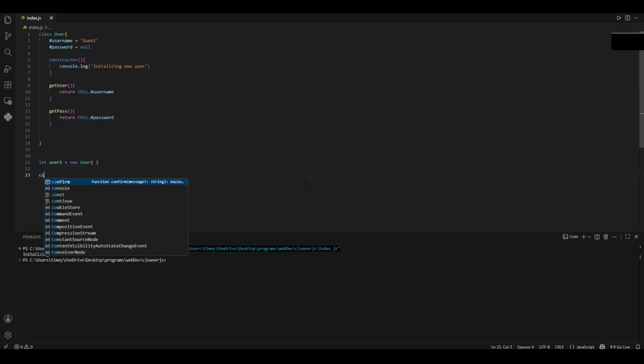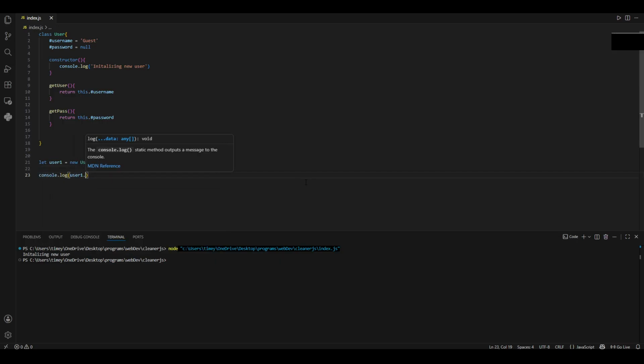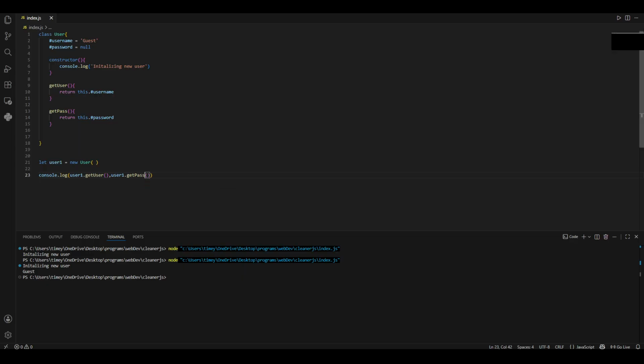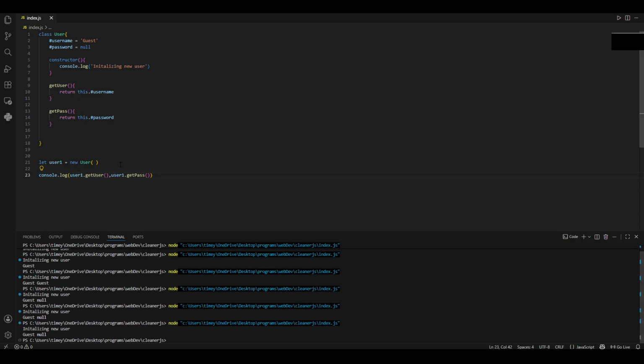And let's log user1 dot getUser. So it should say guest. And if we were to get the password, getPass, should say guest null. Now let's say we wanted to set the username to whatever the username of a valid account is. So once the user logs in,